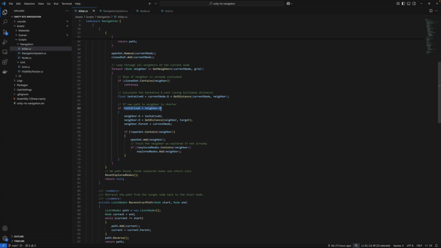If we find that smaller distance neighbor, then here we set the G-score to that, right? We set the G-score to that, and then we calculate the H-score